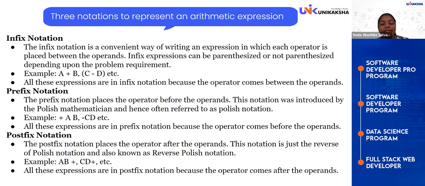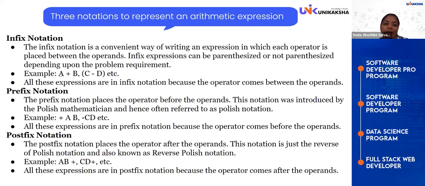So what does infix mean? You don't need to be confused. Imagine there is an operator and then operands. From the name itself you can identify it is inside: in between two operands, there will be an operator that is fixed inside. So that is infix. And what is postfix? Both the operands come first and then the operator is at the end. That is called postfix. And prefix means first the operator will be there and then the operands.